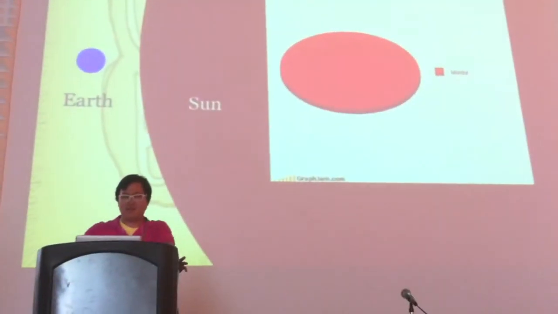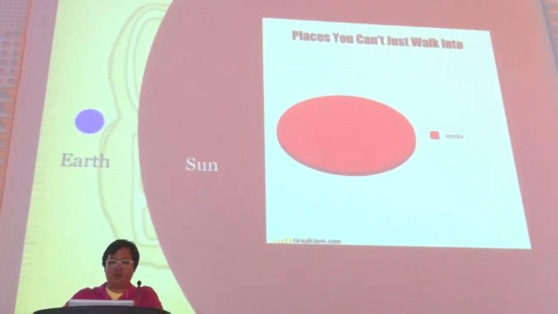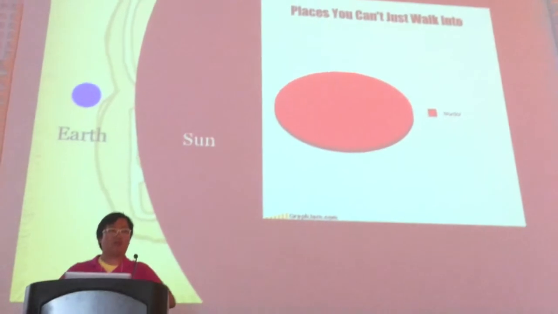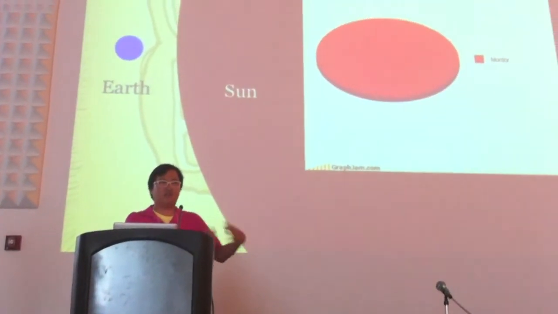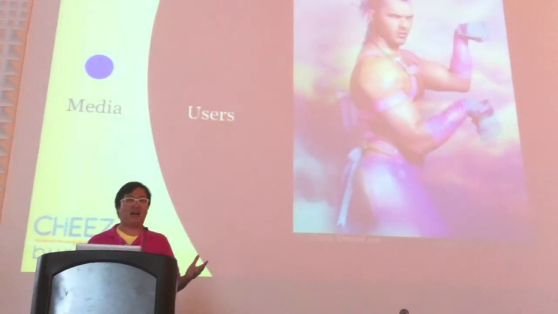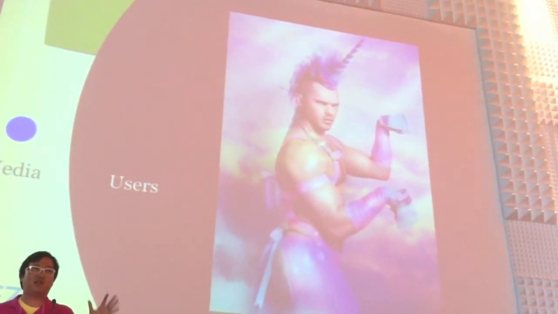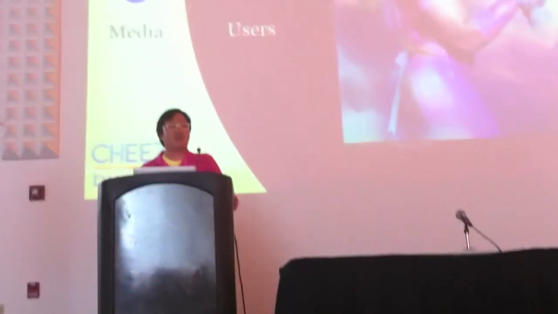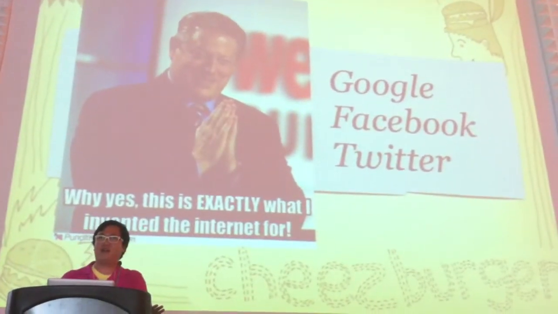And I like to give them this little diagram. The sun is a place you just can't walk into, which is like Mordor. And the media companies are like planet Earth, who said, we're safe and sound, and we're the media, and we control everything on this little planet called Earth, and the sun is like a bunch of users like this guy. And we shall not touch them, because the unwashed masses are just not fit to create content. And then Al Gore came along. And this is exactly why he went to do that.